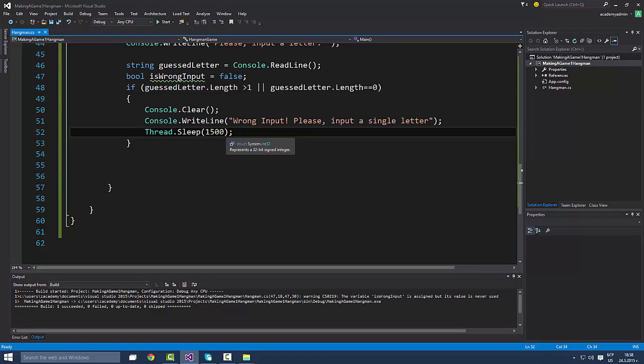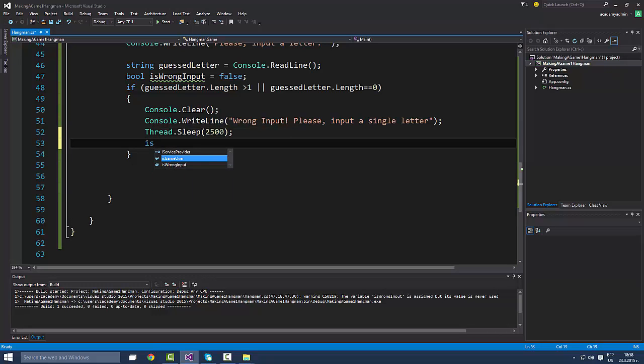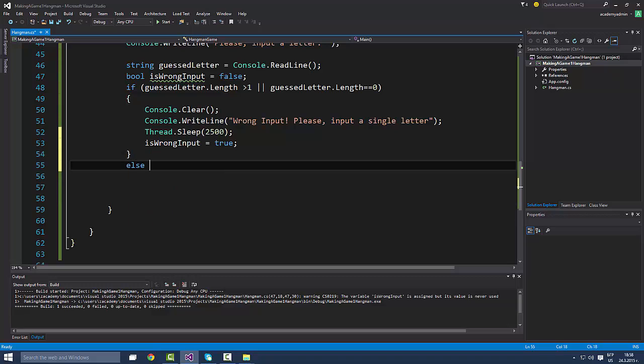Okay, so let's make it 2.5 seconds. Okay, and is the input wrong? Well, now it is. So is wrong input equals true, and you see why I do this here. It will become apparent a little bit later in the logic, but we have that the input is now wrong, so we have to change that to true. Okay, else if, and the next one that we want to check is